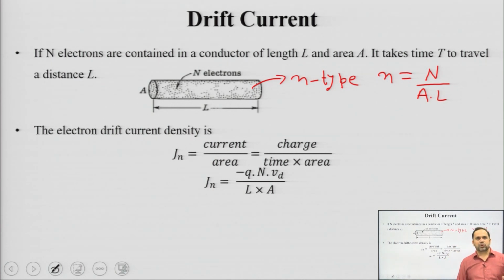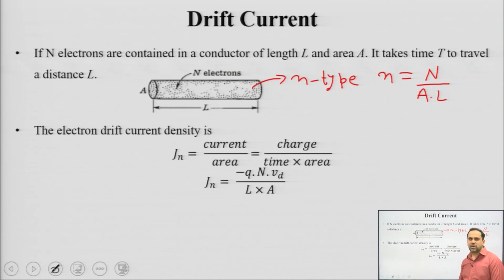Okay. So, a piece of semiconductor n type, length L, area A, total number of electrons is n. I want an expression for the electron drift current density. By definition, your electron drift current density is current per unit area, that is how we define drift current density. Okay. Current we know is charge upon time, you already have area here. Okay. So, drift current density equal to, by definition, current upon area, current by definition is charge upon time. How much charge is flowing?